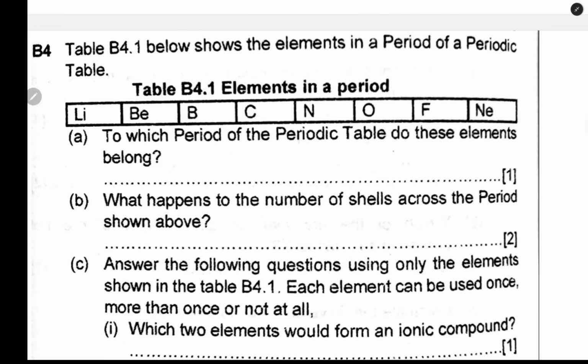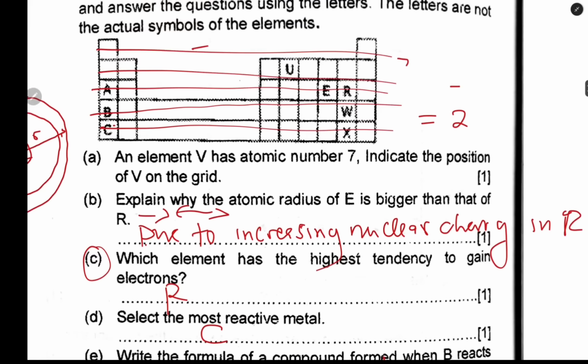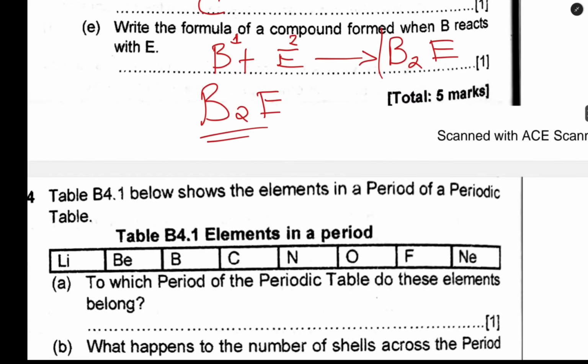If you were to check, the only ones in the first period are hydrogen and helium. Starting from lithium, beryllium, and all these going down, they are in period 2. Okay? So on the periodic table, the common periodic table that you are going to find,